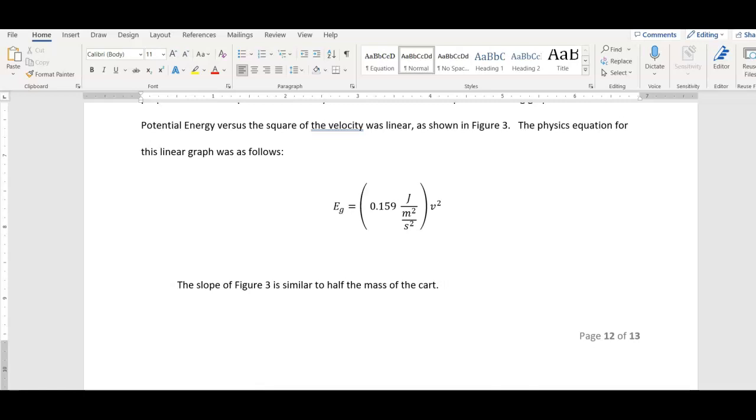That's evidence that the slope is very similar to that half of the mass. And then we also have evidence that the units of the slope simplify to be the units of kilogram, the units of mass. Therefore,